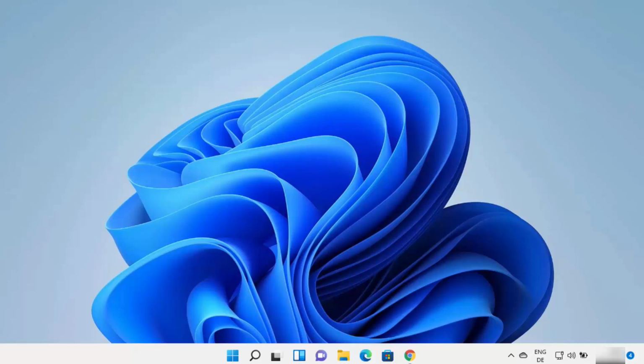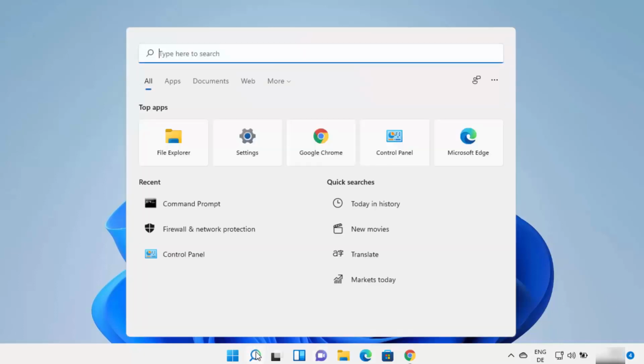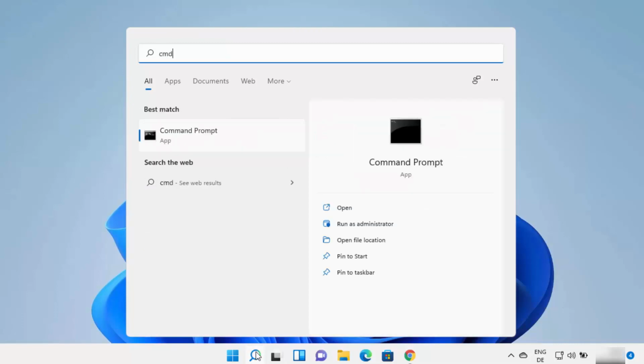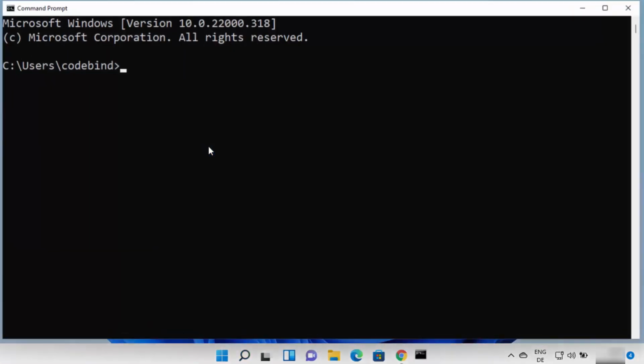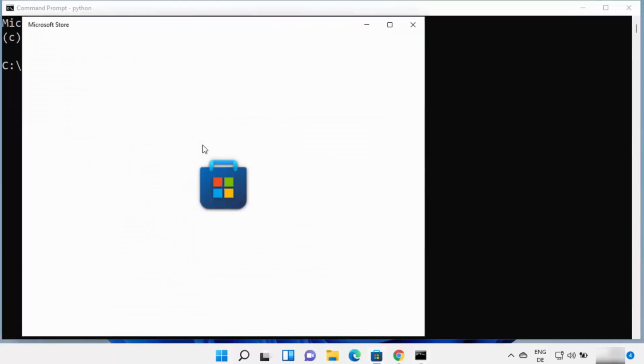So first of all, we are going to check whether your Windows 11 operating system already has a previous version of Python or not. For this, you can just open your search bar and search for CMD or command prompt, and then open the command prompt, and then you just need to type Python here. Okay, when you type Python and press enter, and if it opens this Microsoft Store,